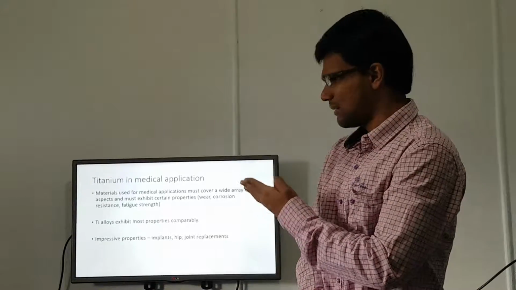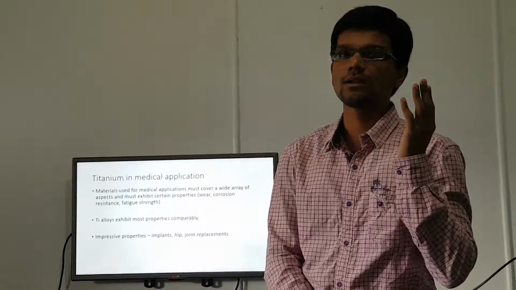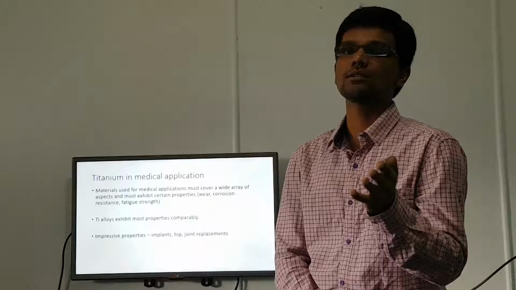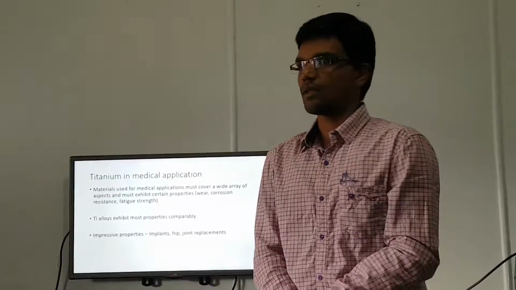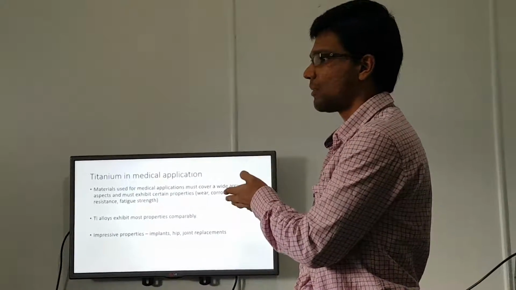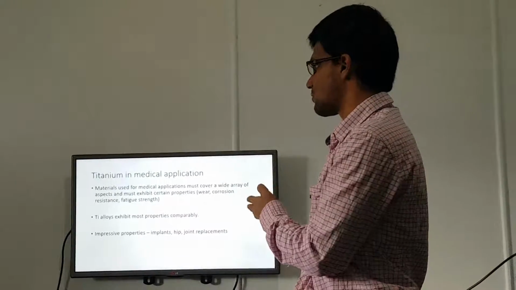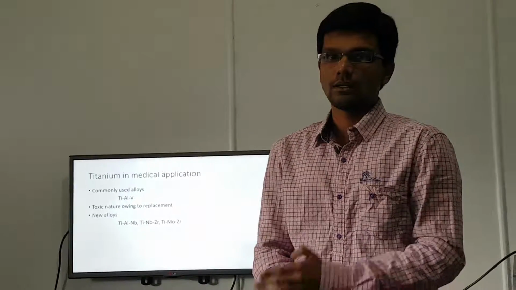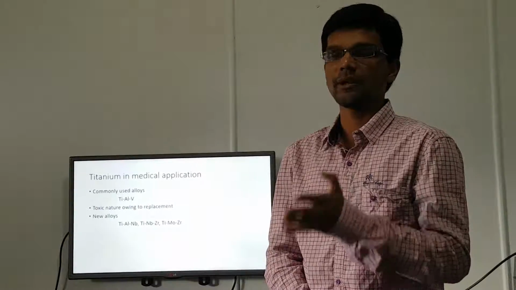Titanium in this case satisfies a lot of these criteria, and hence it is used in most implants, hip joints, and bone replacements. Titanium has very good properties when compared to all other metals, and so it is used in this medical application. The most common type of titanium alloy used in medical application is titanium combined with aluminum